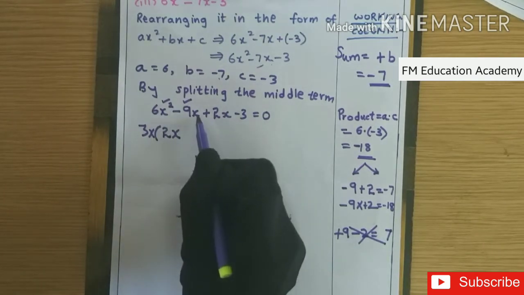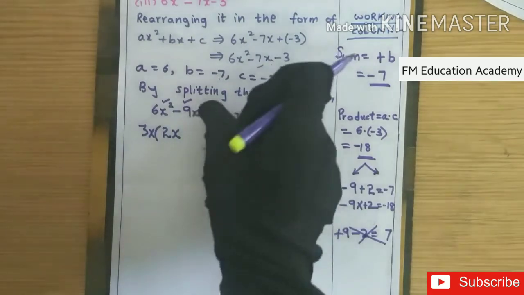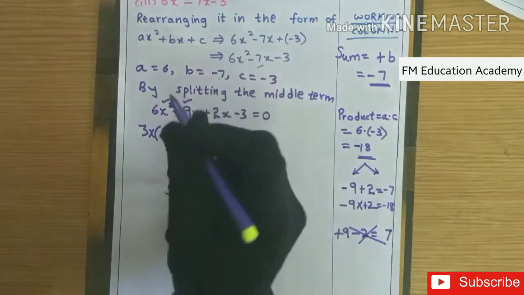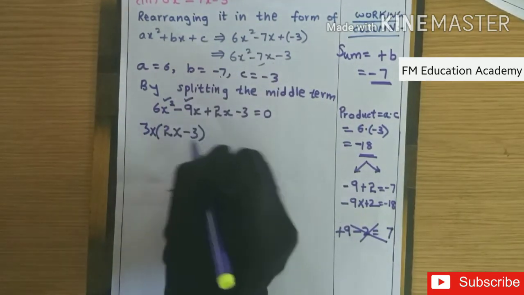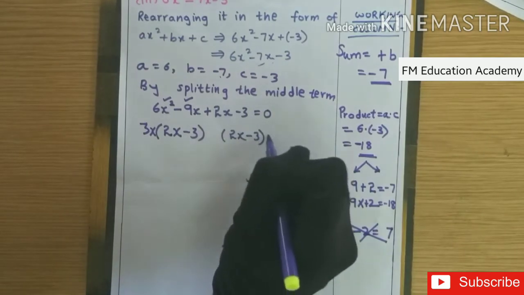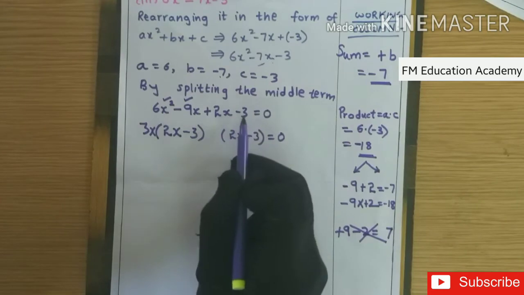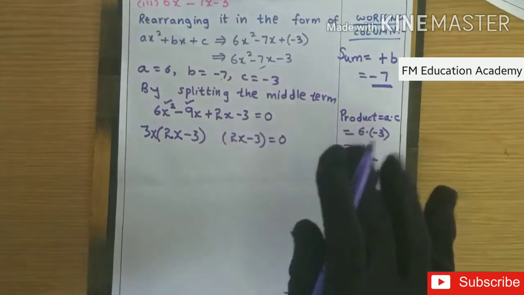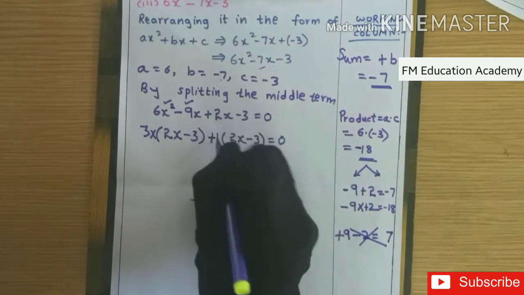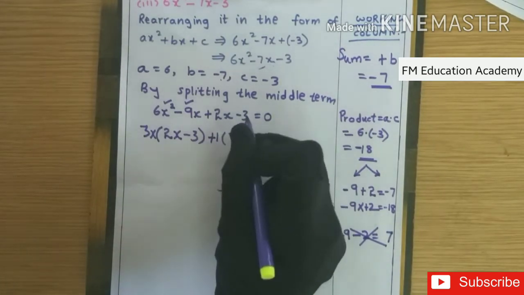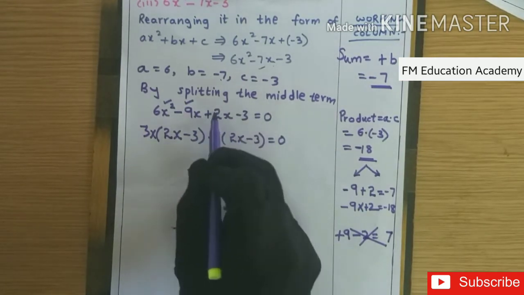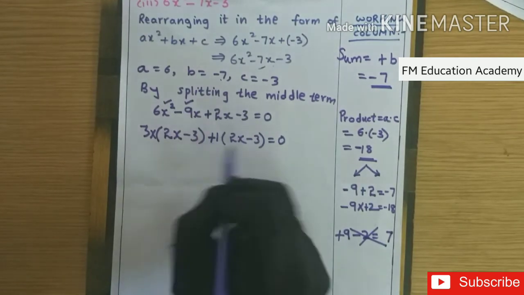Now in the case of minus 9x, if I take 3 common and x common, I have taken x common and I have taken minus 9 also common. So what is left? Only minus 3 will be left. Now whatever I choose here, 2x minus 3, the same thing I will write here in order to avoid mistakes, equal to 0. Now between 2x and minus 3, what is common? No number is common. We know 1 will go in any table, so only 1 is common, because 1 2s are 2x and 1 into minus 3 is minus 3. I have chosen plus 1 because here I have plus. So plus 1 into 2x is plus 2x and plus 1 into minus 3 is minus 3. So I have taken it correctly.